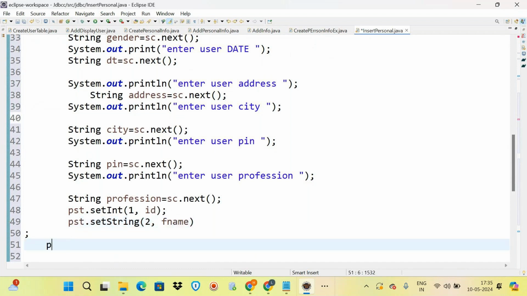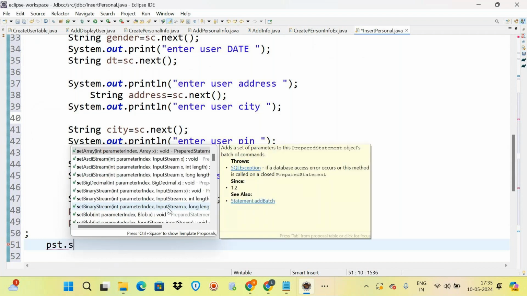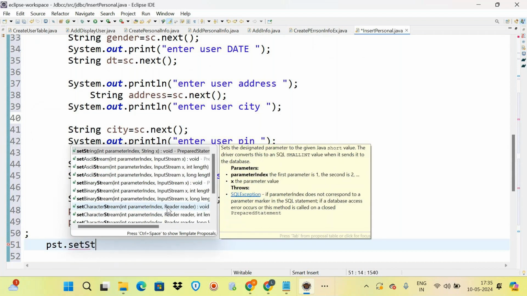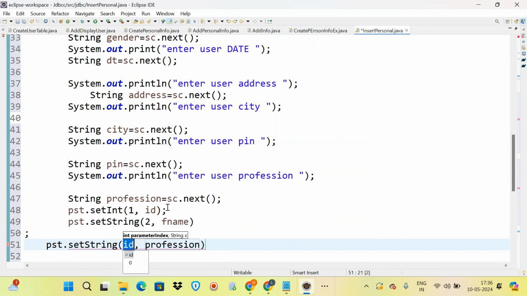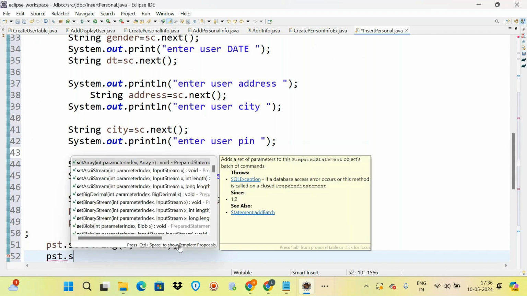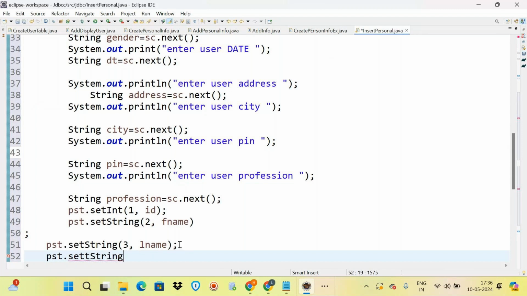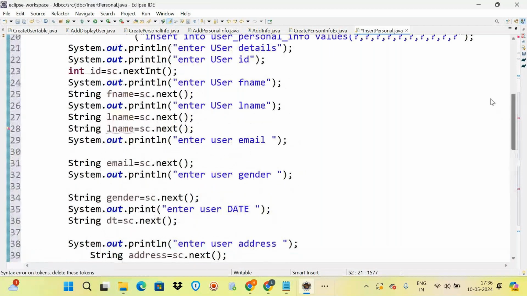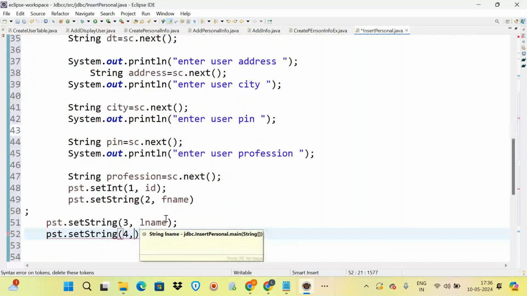Again we have to do the same thing. PST dot set string of 3 comma, what is the next one? Last name. PST dot set string of, what do we have next? User ID, F name, last name, and then email and gender. So next 4 comma,